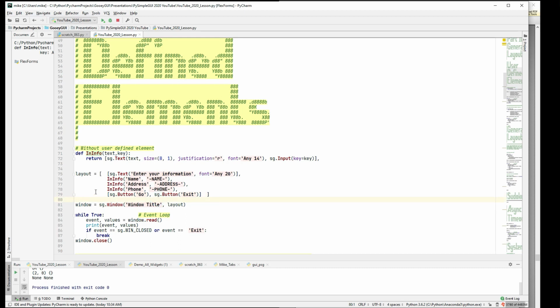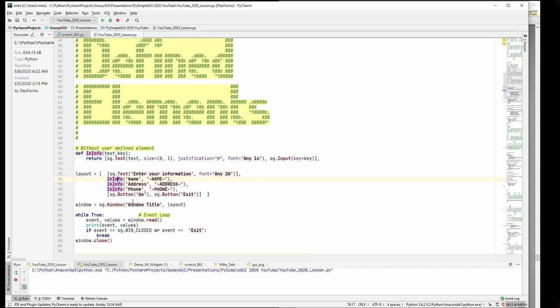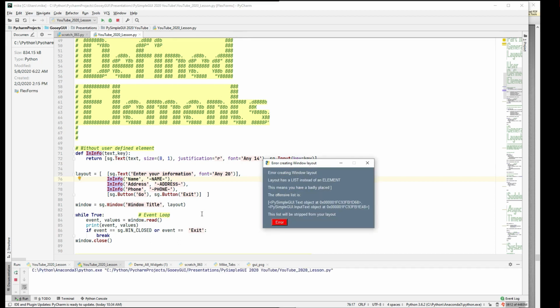And it's not like we've lost a lot here. We know that this is a user-defined element because it doesn't have an SG in front of it. And it's easy to find. It's right there. And when we run this, it's going to crash, of course,